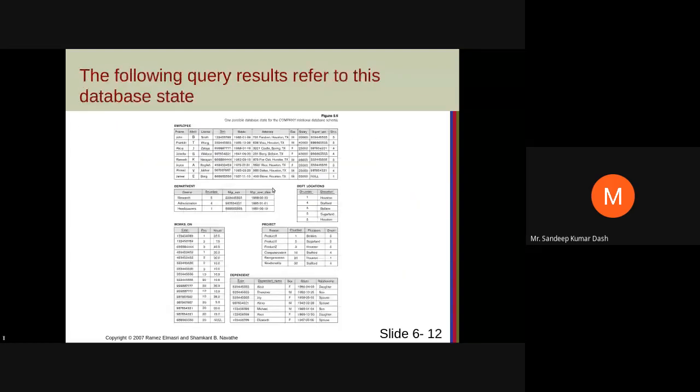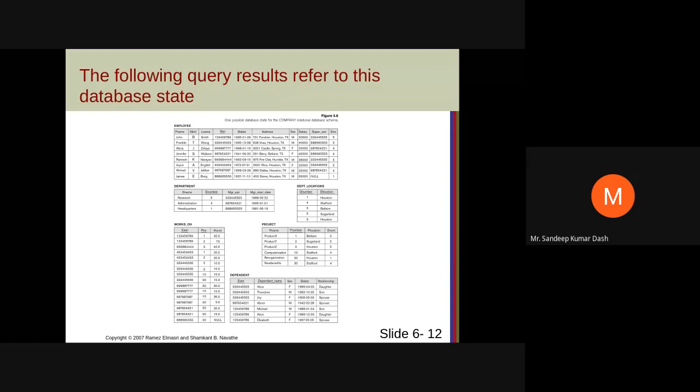Say in this example, in this table, suppose from employee relation, tell me the rows where salary is greater than 25,000 and department number is equal to 5.